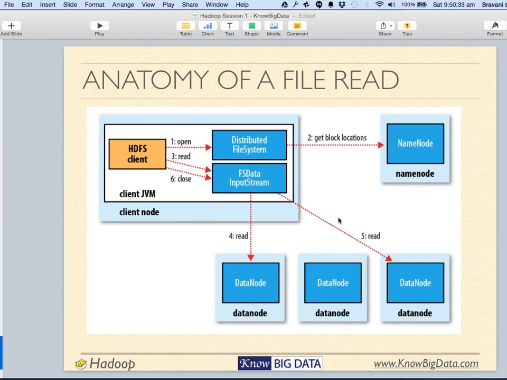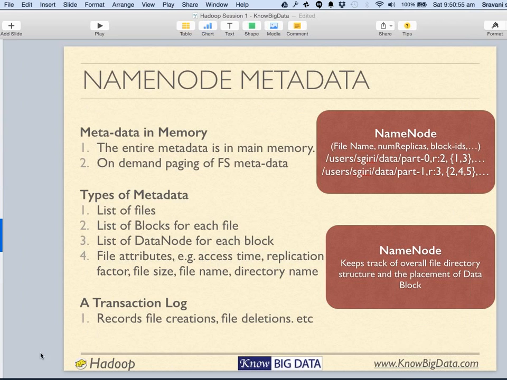While reading the data, same thing: the command line client or the driver goes to the name node and says, can you give me the block locations for this file? And then it gives the list of blocks and their locations in the network. Then your client goes to those particular data nodes and reads the data from there. So you can think of the name node as containing the metadata, such as the list of blocks in each file, and so on.